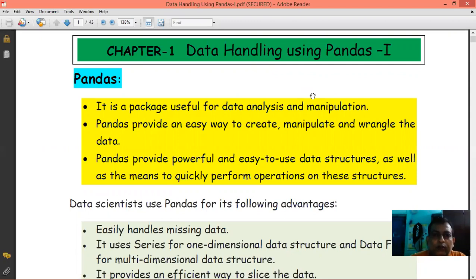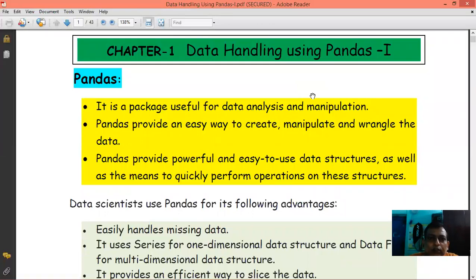In the previous class we have already used the NumPy array. That one was for storing homogeneous data types, similar type of data, but NumPy has very limited functionalities, limited functions.